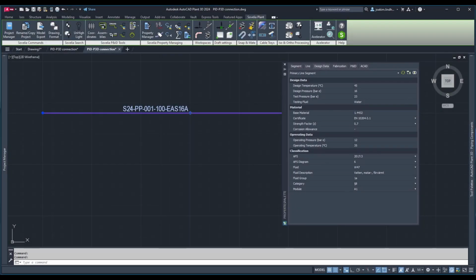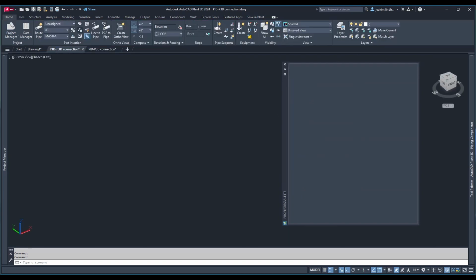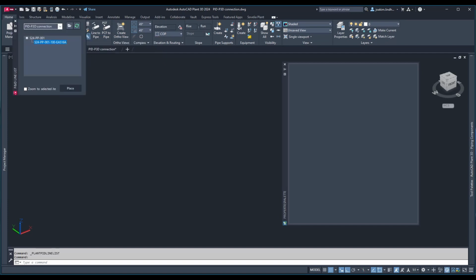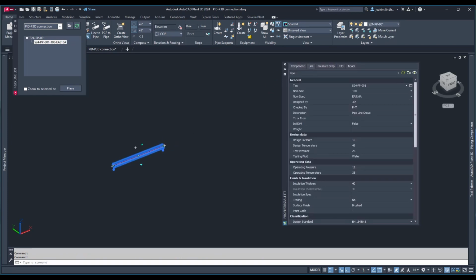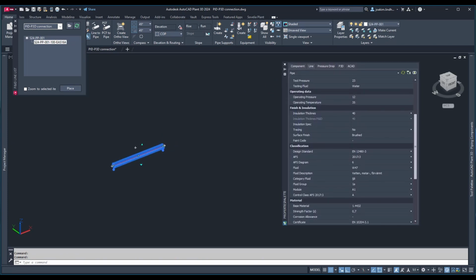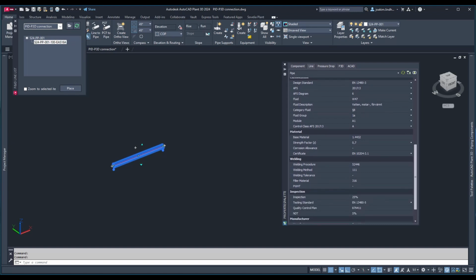First, we will take a look at the standard Plant 3D workflow without Sovelia Plant. Here we can see a line in P&ID with some design data assigned to it. This line can now be grabbed from the P&ID line list inside Plant 3D. When you do this, you will get all process line information from the P&ID to Plant 3D drawing. As we can see, all information from the P&ID is now added to the same line number in Plant 3D